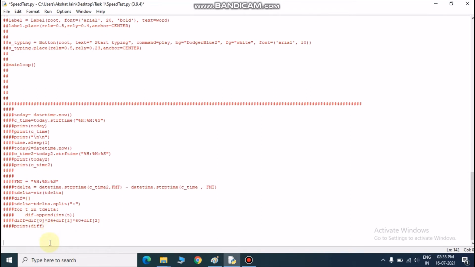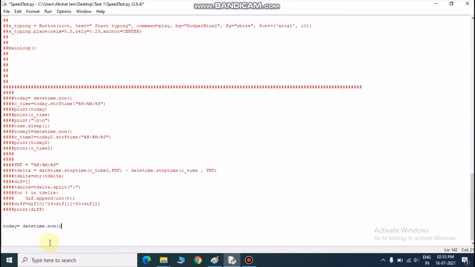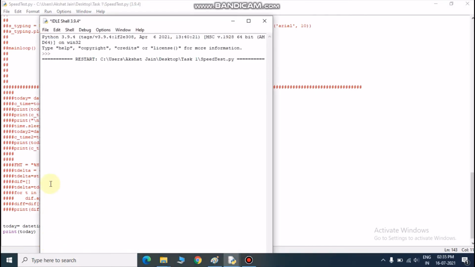So let's move down, and I'm just printing this, and I will simply run. This will display today's date, current time, minutes, second and millisecond.